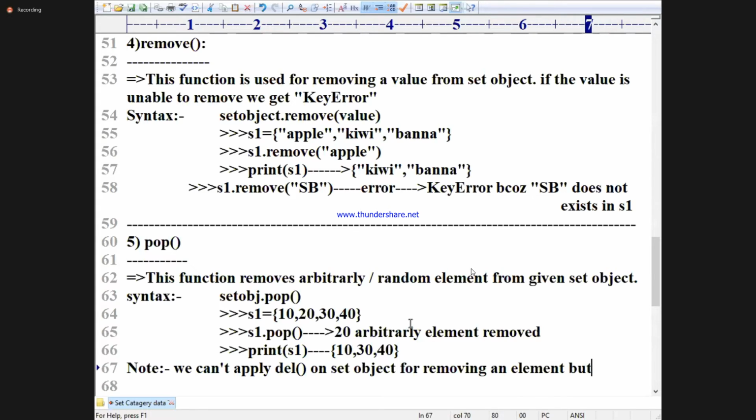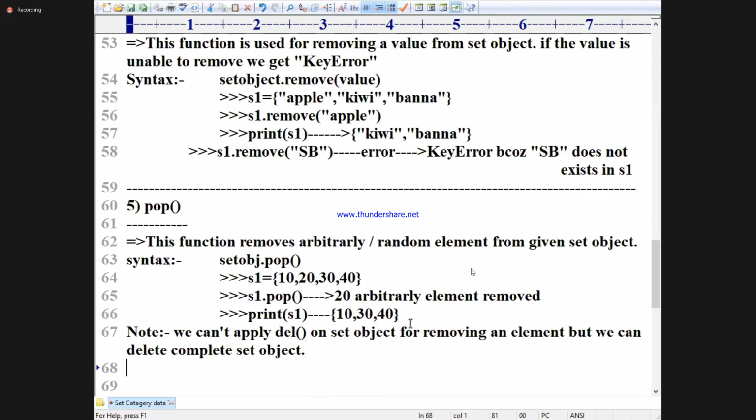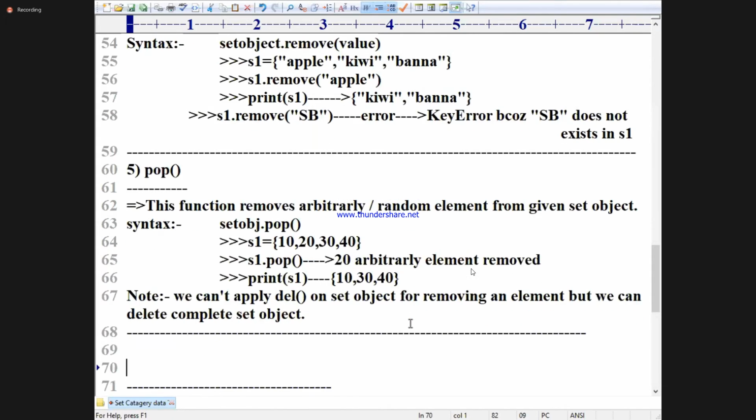But we can delete the complete set object. That's the point. Because without learning libraries, there is no life.